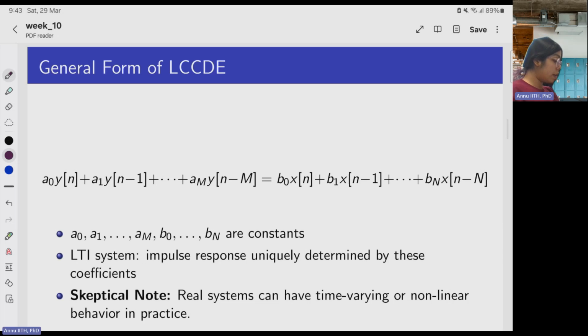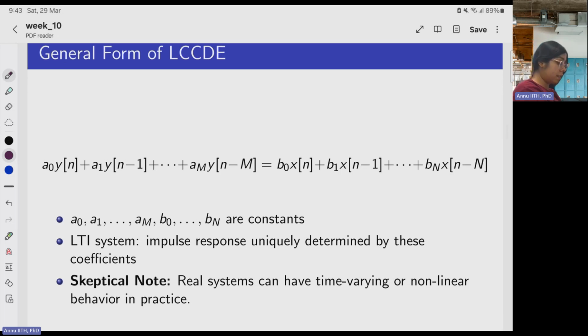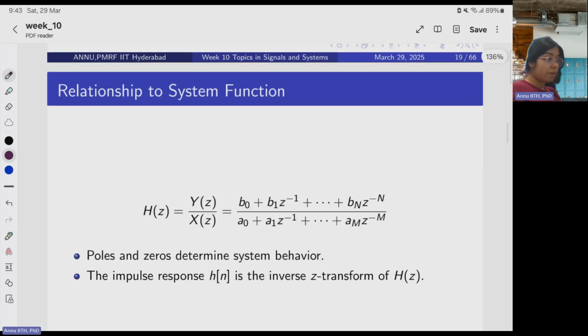So in the general form of LCCDE, we have y[n] through y[n minus N], and x[n] through x[n minus M], where a0, a1, and b0 through bM are the constants, and the LTI system's impulse response will be determined by these conditions. Real systems can have time varying and non-linear behavior in practice. So if we talk about the relation to the step function, we have